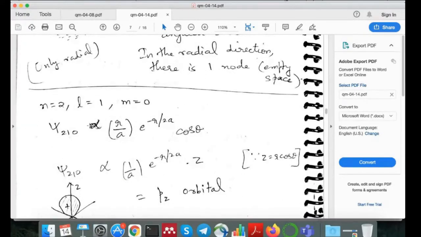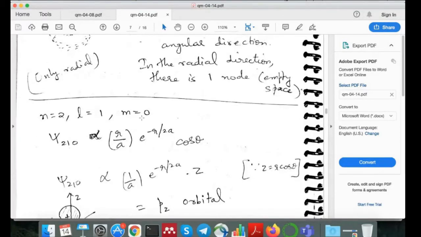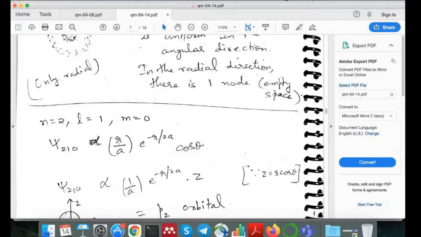Now n equal to 2, l equal to 1. So this is your 2p orbital. Okay. In your 2p orbital, if you look at the wave function, this is what it is proportional to. Your full wave function, if you look at it, you have r by a into e power minus r by 2a into cos theta. Now r into cos theta is your z, right? If you convert this back to Cartesian coordinates, you know that r cos theta is basically your z, right? And e power minus r by 2a, anyway, r you can write as root over x square plus y square plus z square.